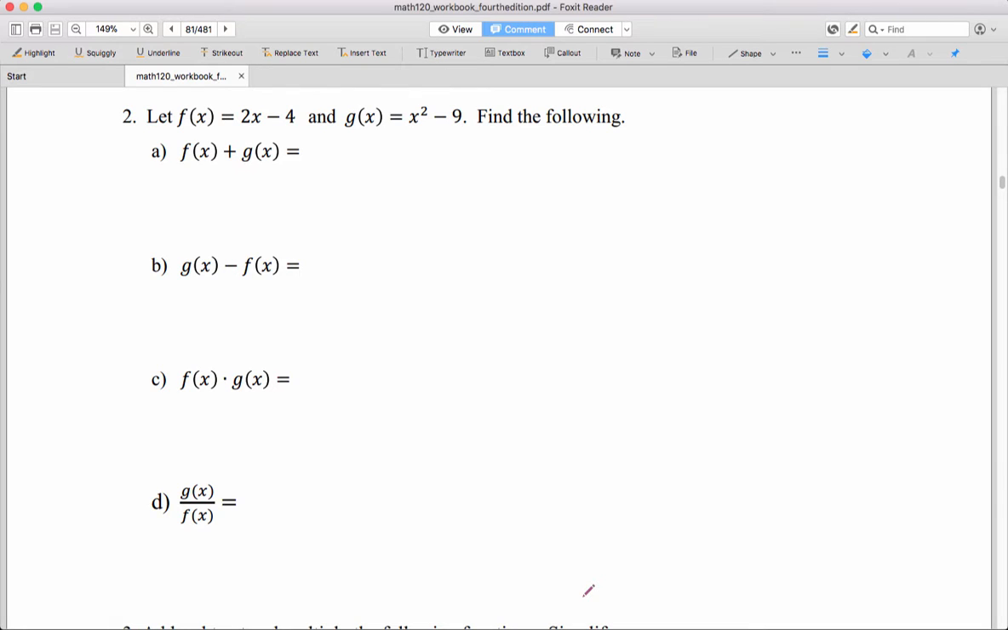Greetings! I was asked to take a look at a couple of the practice problems that referred to f of x divided by g of x, or g of x divided by f of x. So the two that I'm going to take a look at are number 2 and number 4. So let's take a look at